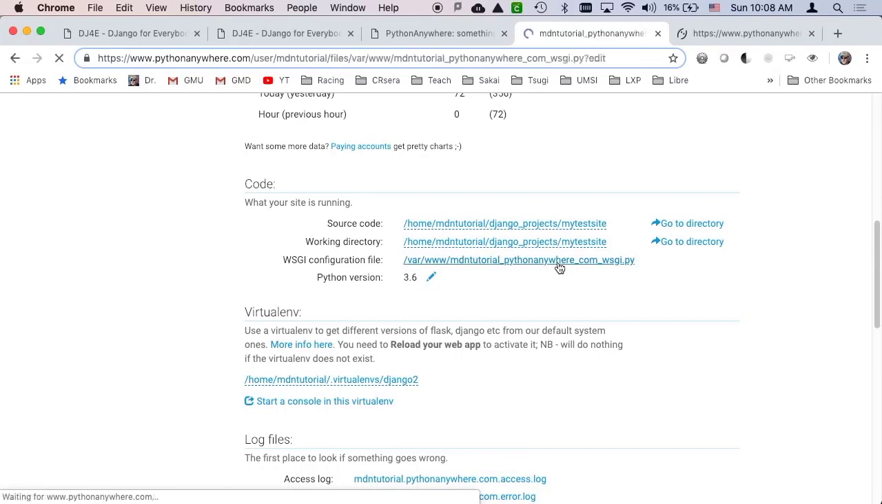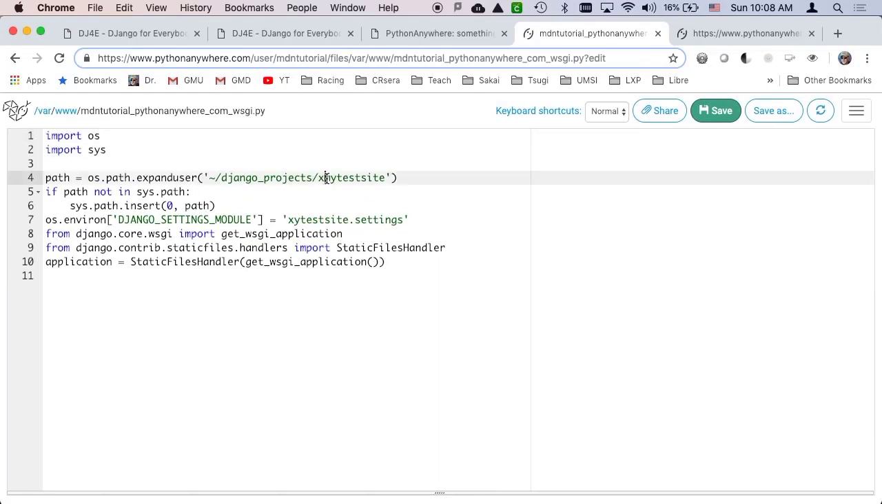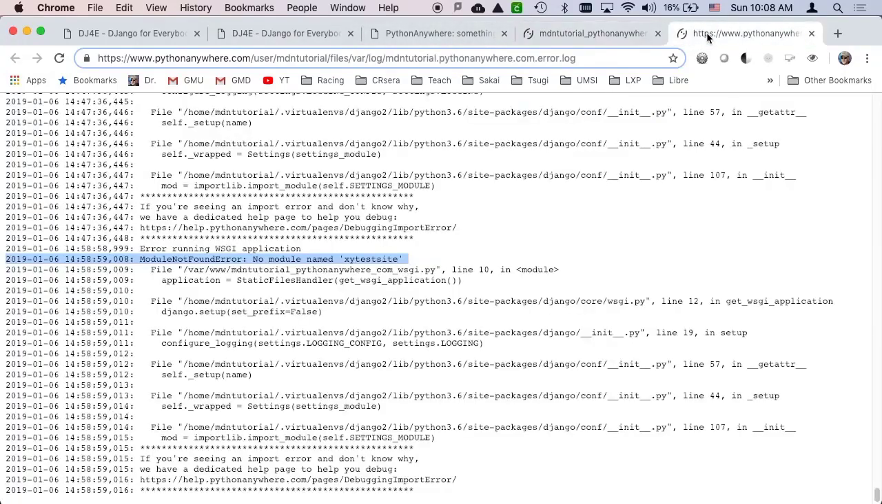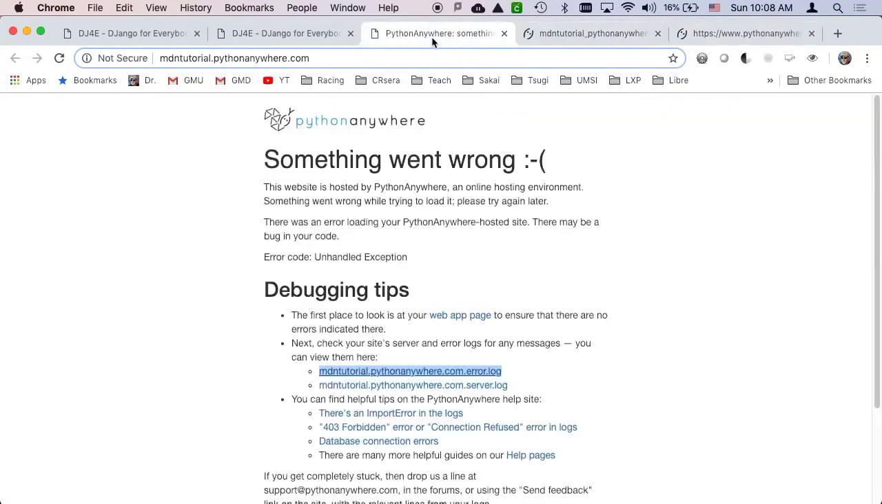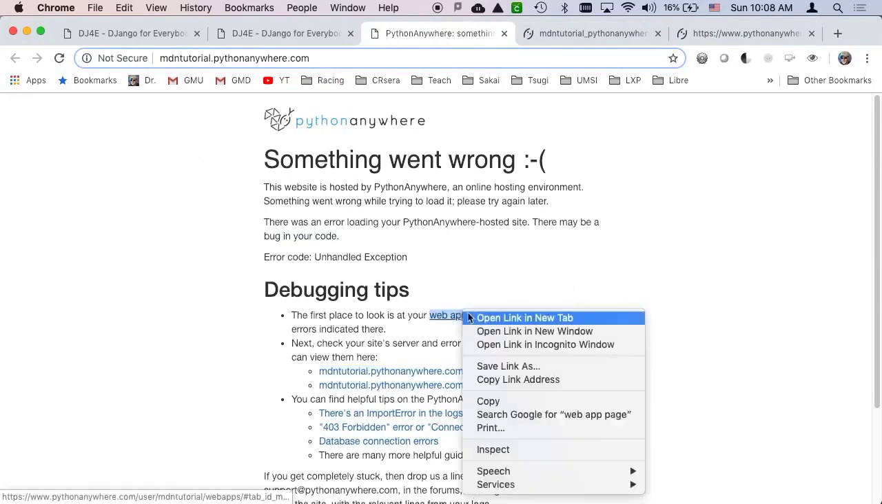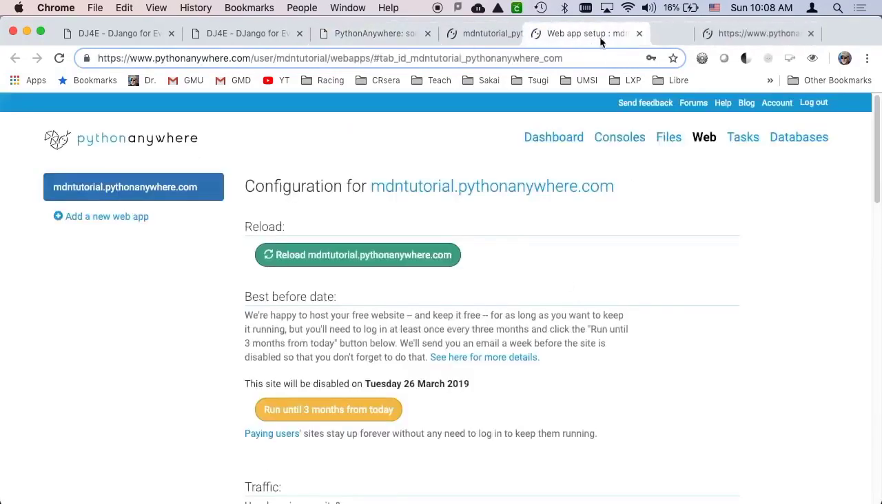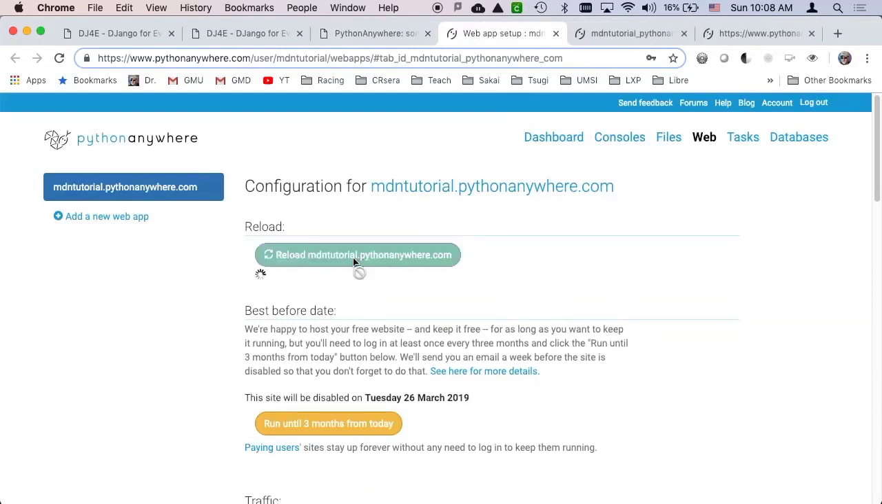And if this isn't right, so I introduced an error, and I made this error and this error. So my test site, that's what these are supposed to be. So I made a mistake on purpose. So now I'm going to save these. And anytime you change any of these configurations, you've got to go back to your web app page. There's a link right there to the web app setup. You got to go back to the web app setup, and you have to hit reload, and then you've got